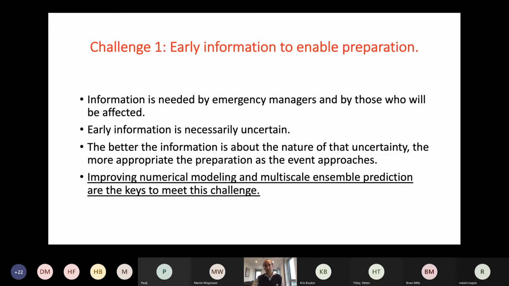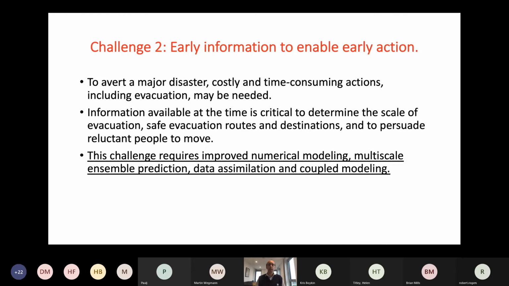So from our group's perspective, improving the numerical modeling and multi-scale ensemble prediction are the keys. The next challenge is enabling early action, and so that involves evacuation and also where and how to evacuate, in addition to whether to evacuate.